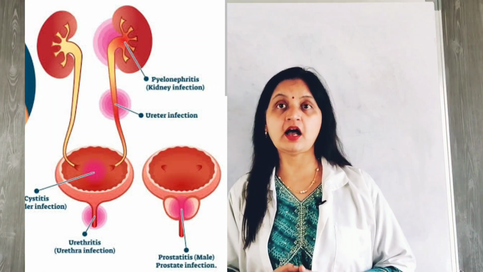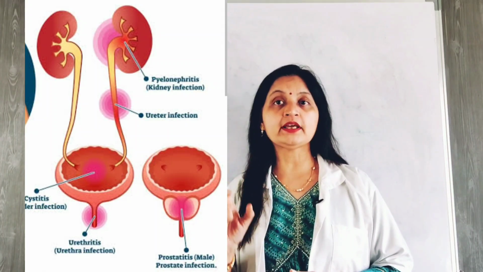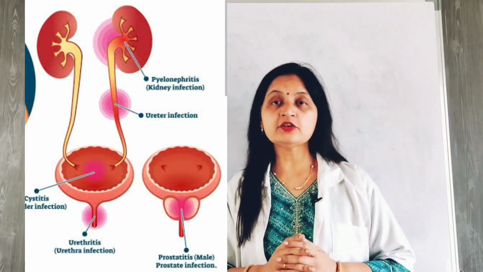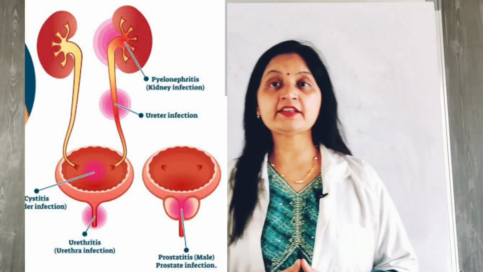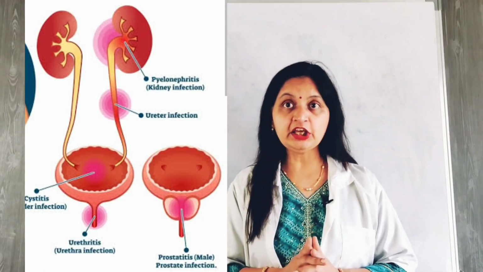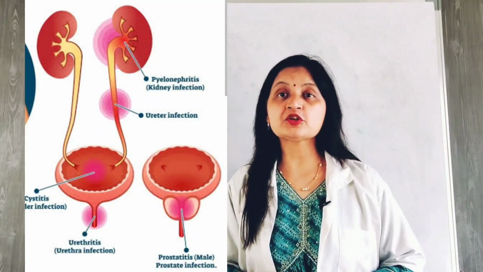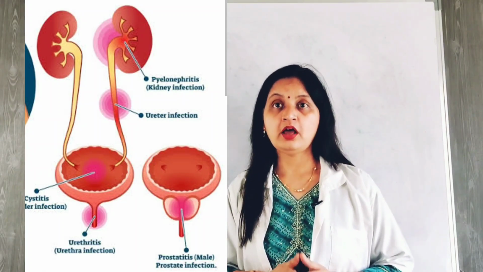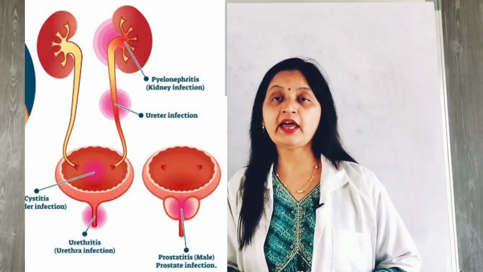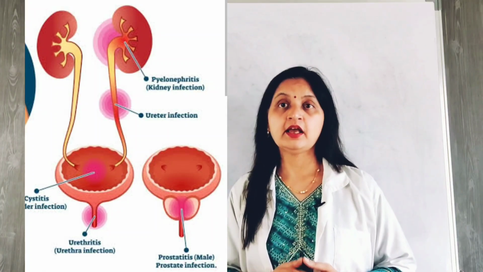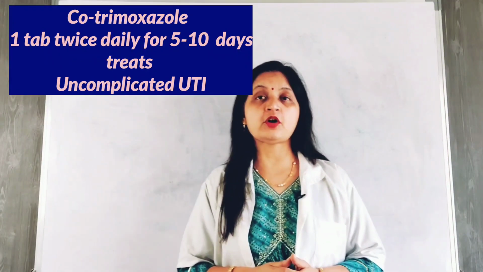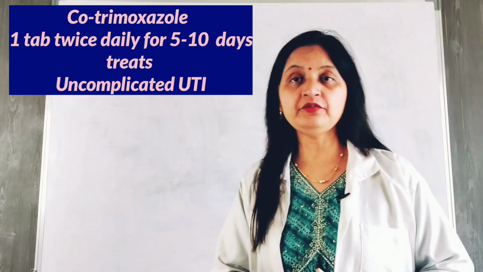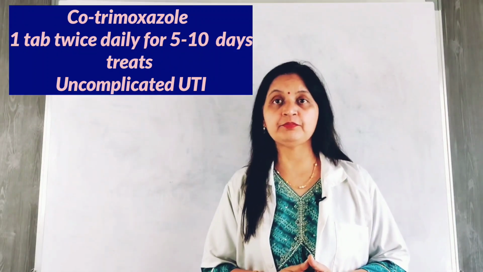The commonest organisms causing urinary tract infections are E. coli and Proteus mirabilis. Since cotrimoxazole is highly active against gram-negative bacteria such as E. coli, uncomplicated cases of UTI rapidly respond to cotrimoxazole. However, resistance of E. coli has emerged in recent times. So, one tablet of cotrimoxazole used twice daily for 5 to 10 days is very useful for the treatment of